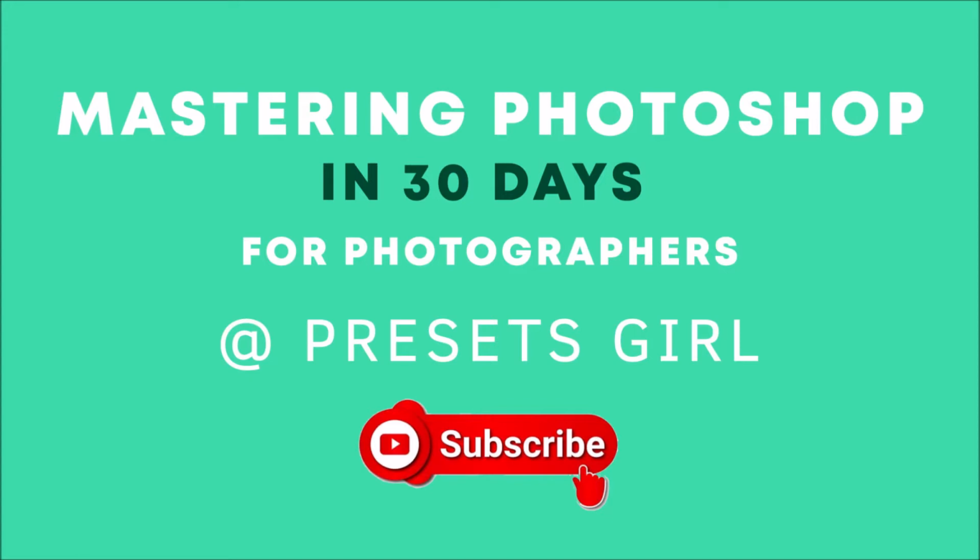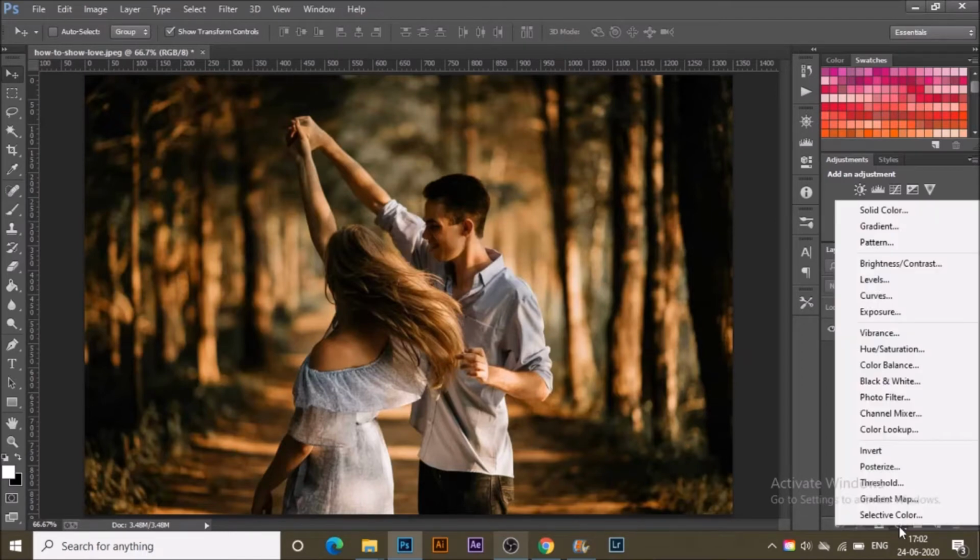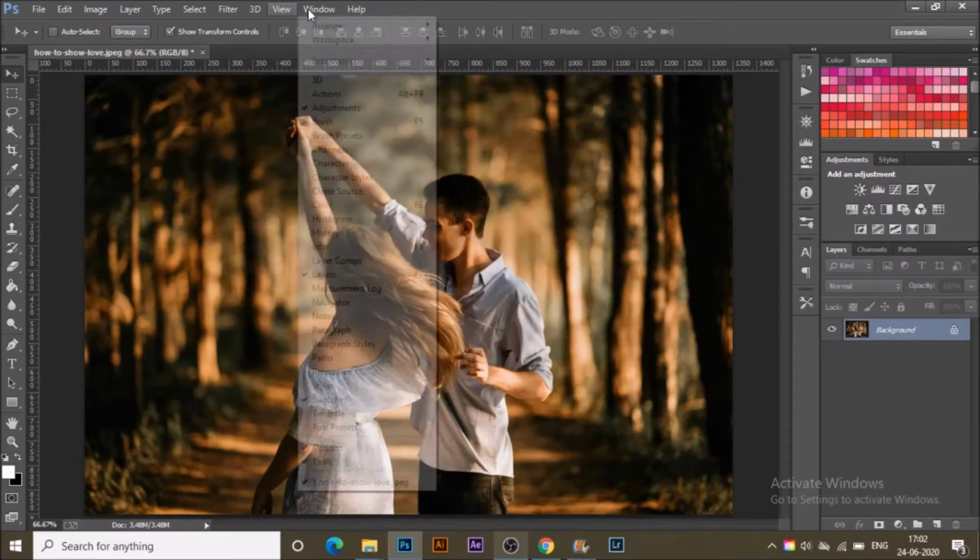Today I'm gonna talk about the brightness and contrast adjustment layer in Photoshop. For that, open your photograph in Photoshop and let's dive in. With the photograph you wanna edit, go to the filter icon here, like the adjustment layer, and select brightness